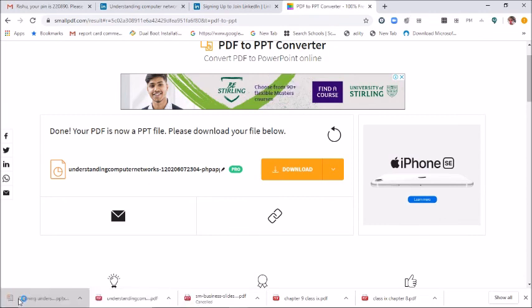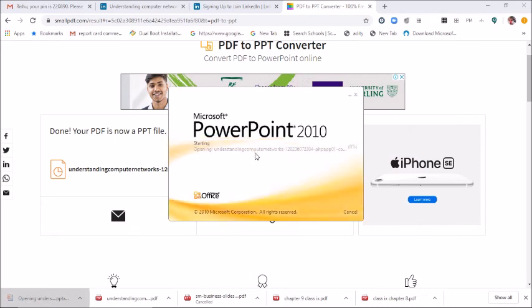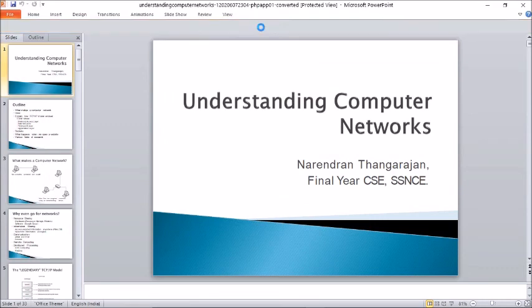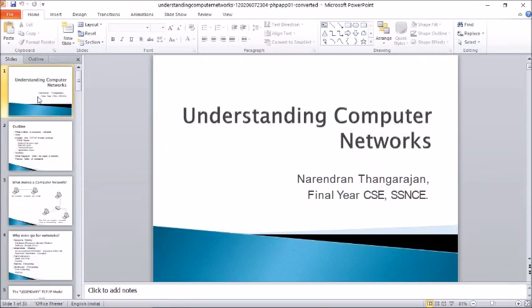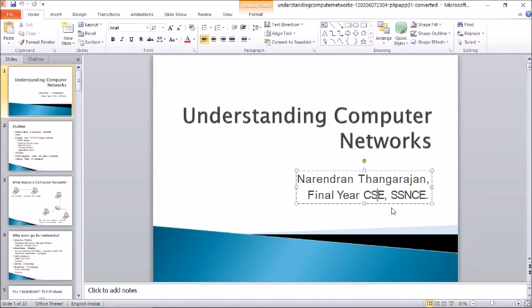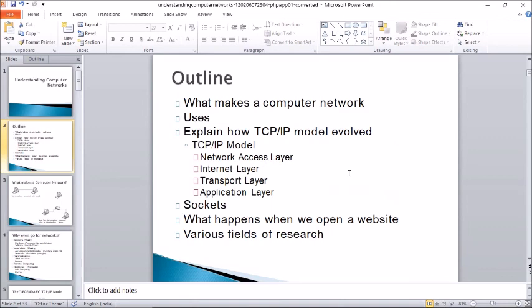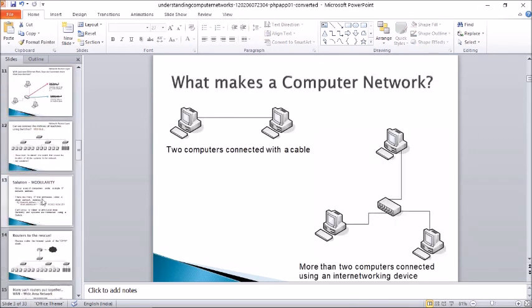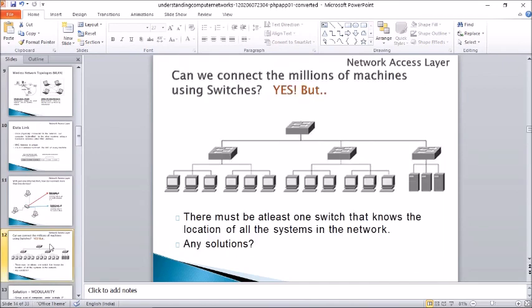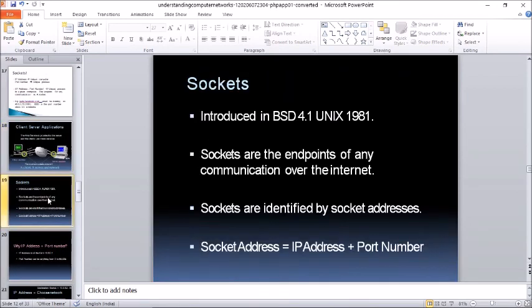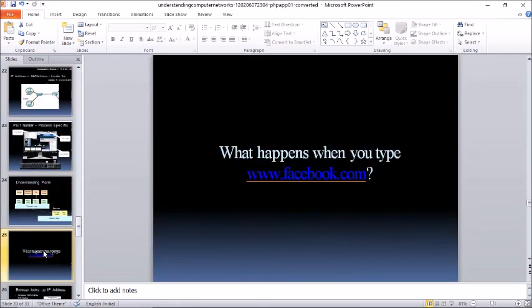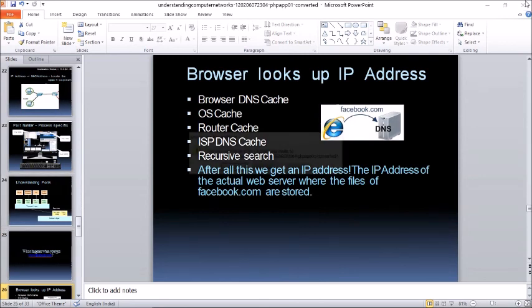Now you open this presentation. See how simple it was and how simple it can make your work. How it can make your work easy is because you can delete something, you want to add an image, you can do that, or whatever changes you want to do, you can, because now your PDF is converted to the PowerPoint presentation, you can do whatever changes you want, right?